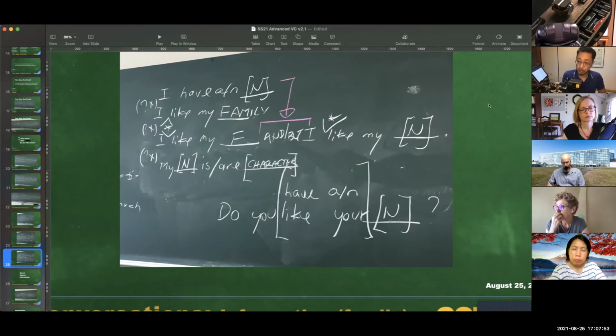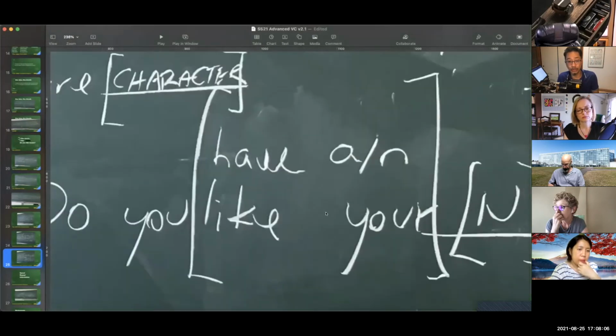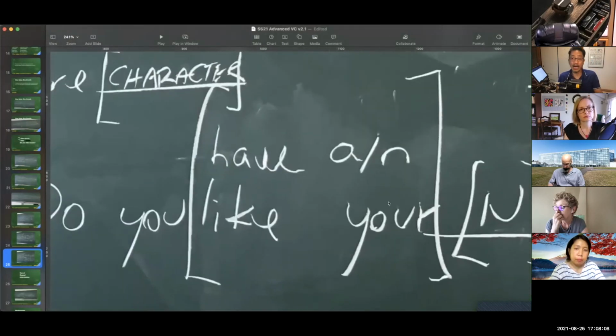When you're talking about your possession, you say, I like my room. You also say, I like my family. And from those possessions where you say have, now you can start talking about like as one of the variables that you have to choose when you get to the question point, okay? I have an uncle. I have a sister. Do you have a sister? I like my mother. I like my father. And you don't have to ask, do you have a father? Do you have a mother? That sounds strange, unless there are special circumstances to it, which probably will not come up in a normal conversation.